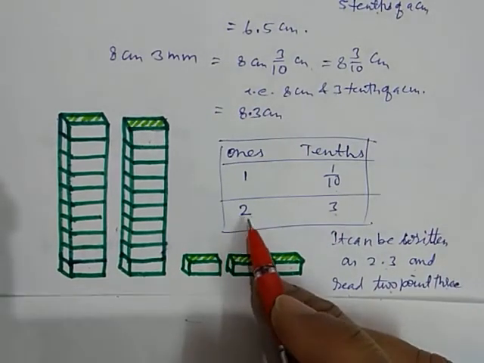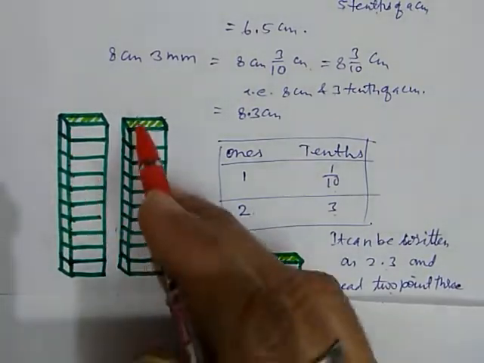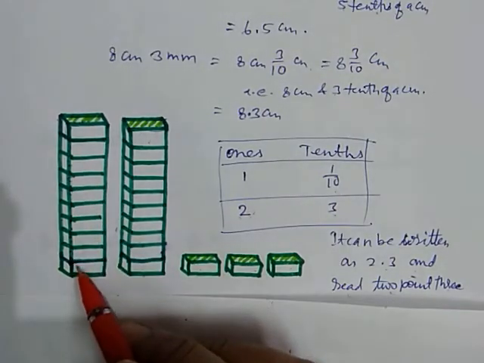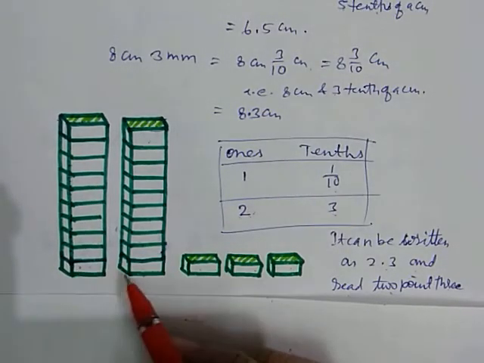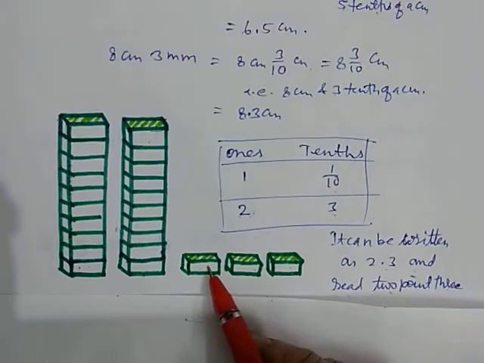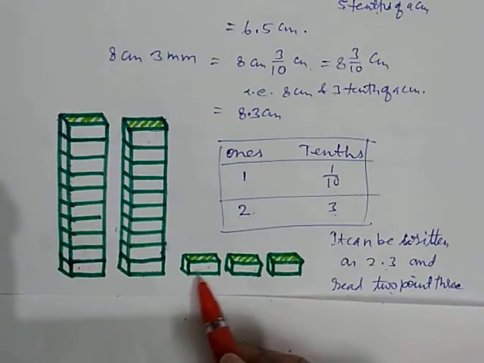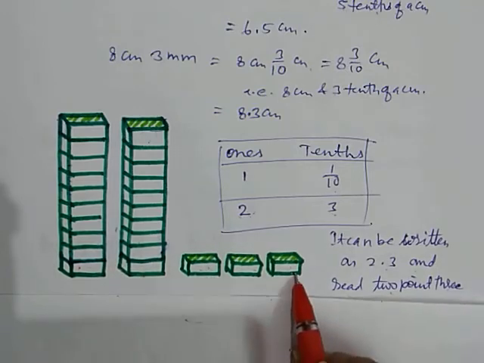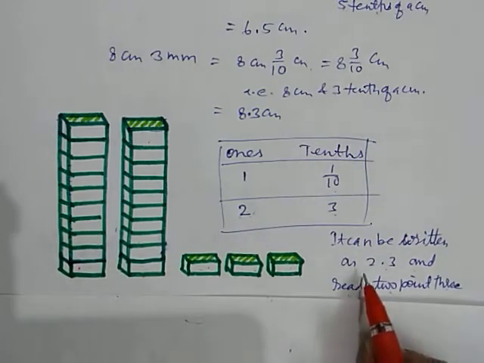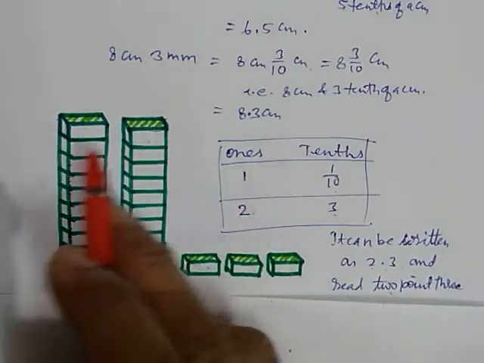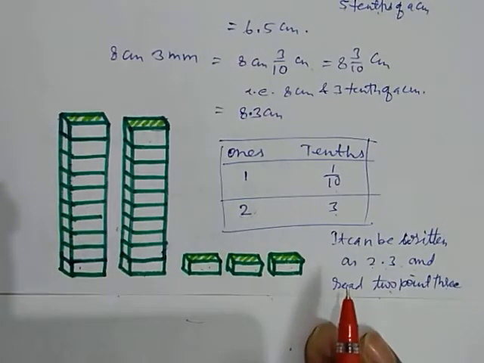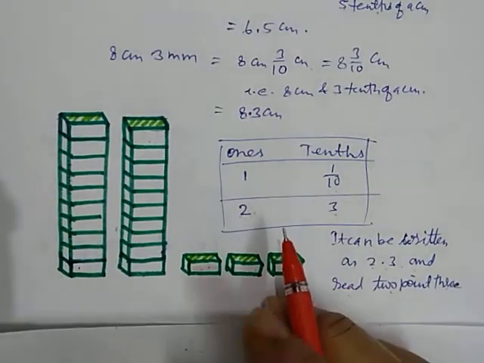Okay. So what is the meaning of 2? These are 2, but each one can be represented as 10 parts. And one of its parts is 1/10. So this is 1/10, this is 1/10, this is 1/10. So this becomes 3/10, and this is 2. So 2 and 3/10. So we can write it as 2.3. I think you are understanding well this way. So learn this, okay?